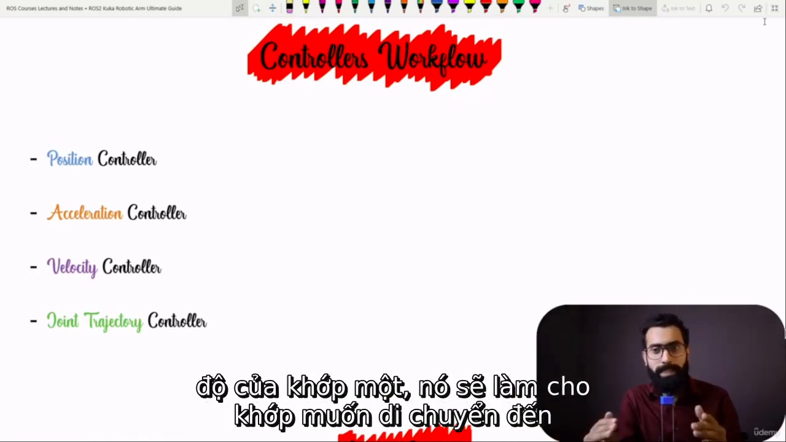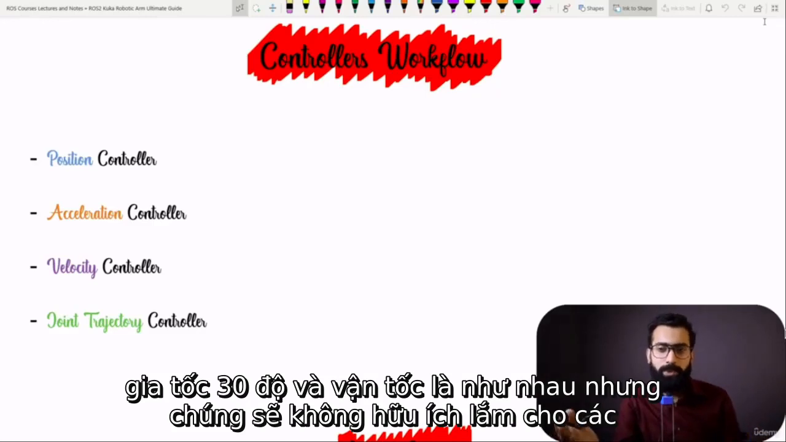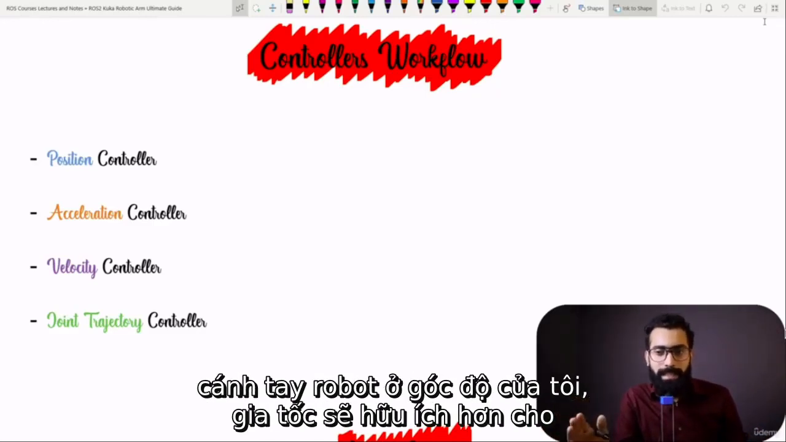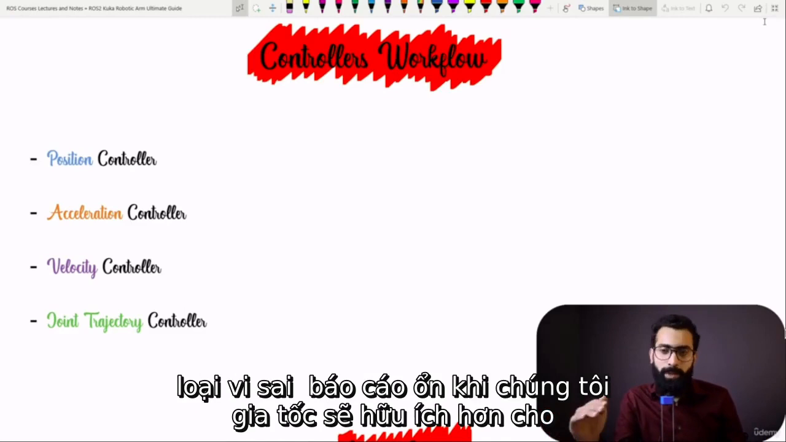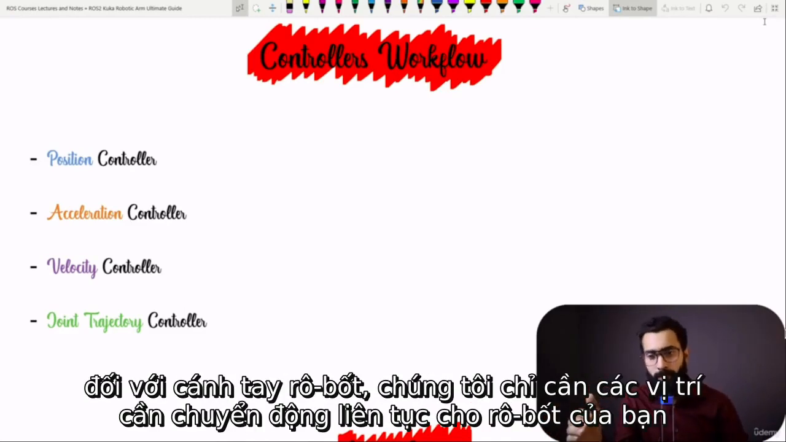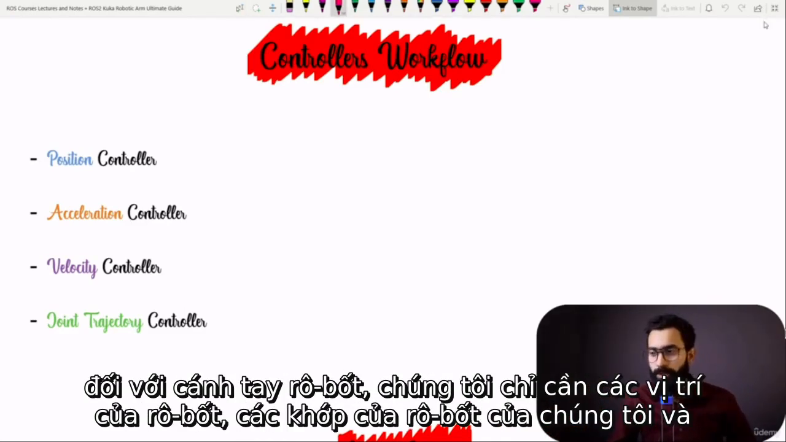It will make the joint 1 move to 30 degrees. Acceleration and velocity work the same way, but they are not going to be very useful for robotic arms, from my perspective. Acceleration and velocity will be more useful for a differential drive robot, where we need continuous motion. For a robotic arm, we just need the positions of the robot's joints, and we want it to